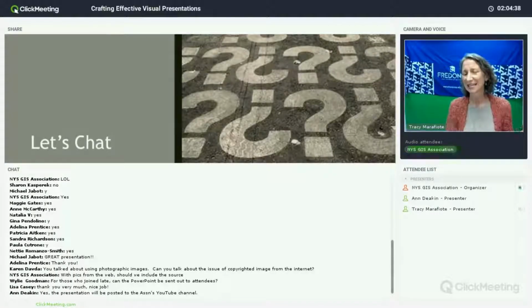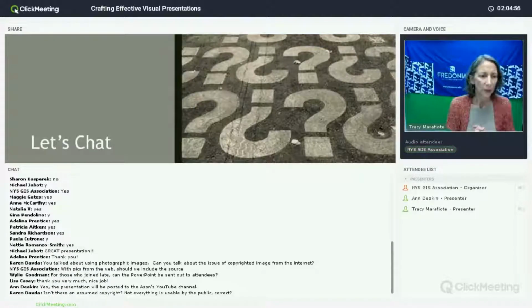I kept track of where I got my photos, and I did not include all of the source information in this PowerPoint slide, which is something that I should have done, just because I think that's a good idea to give credit where credit is due. It's not always legally required, but I think it is a nice practice.